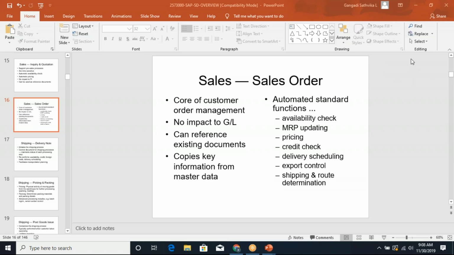That information has to be transferred to the MRP. And then, as we already discussed during the quotation, whenever you are creating the sales order,